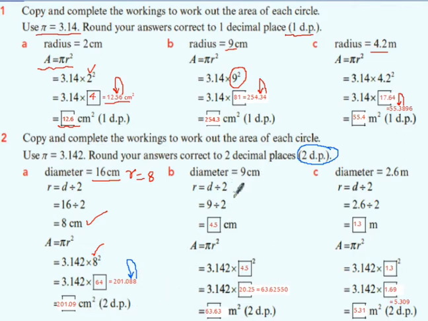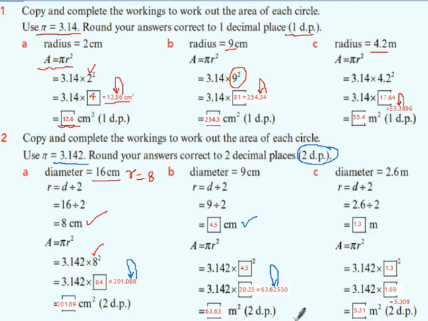So the radius will be 4.5. 4.5 square is 20.25. When we multiply by 3.142, here they have given pi as 3.142. If a calculator is allowed, please use this value only. Don't use the calculator's pi when they give you the pi value. So here the answer comes 63.625. We have to see whether the third place is 5 or more than 5, so it will become 63.63.